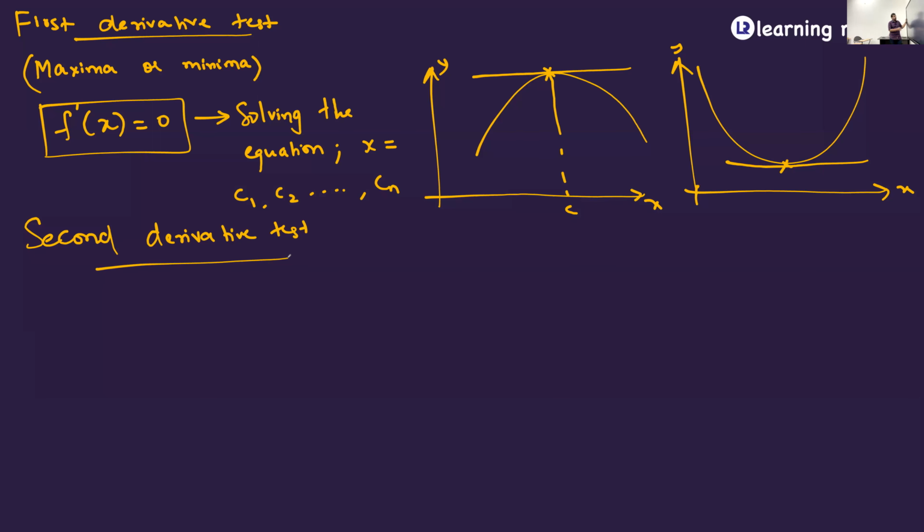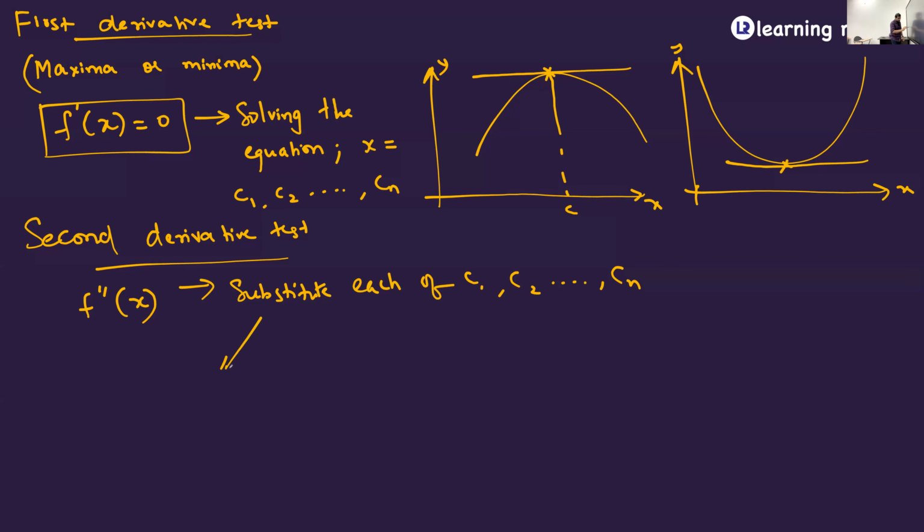For the second derivative, you will differentiate the same function again, f double dash of x, and then you will substitute each of C1, C2, so on till Cn. You are going to substitute these values and see. After substituting, there are two cases that we need to take into consideration. After substituting, if f double dash of that particular C value, I'll call it Ci,